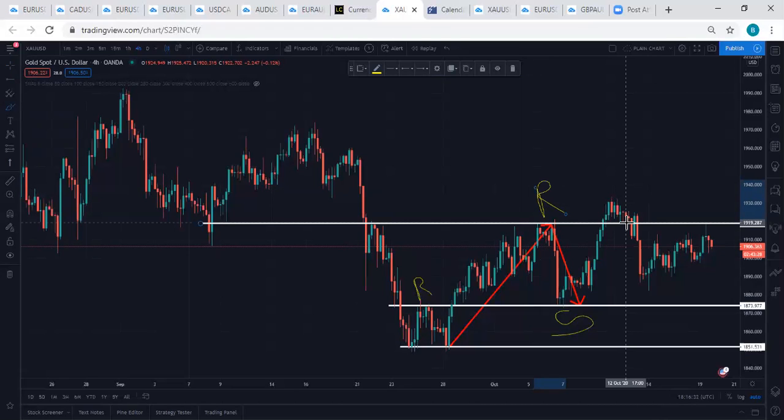There's a candlestick formation I want to see at a support that will confirm to me that that support will hold. What does it mean for a support to hold? It means that that support will reject price and price will start going up from that support. Apart from the fact that this is a support, there's something I need to see in the way these candles form that will confirm to me that this support will hold and price will go up. So at this point, I'll be looking for an opportunity to sell because this is a resistance. Immediately I see that candlestick formation, I'm going to sell.